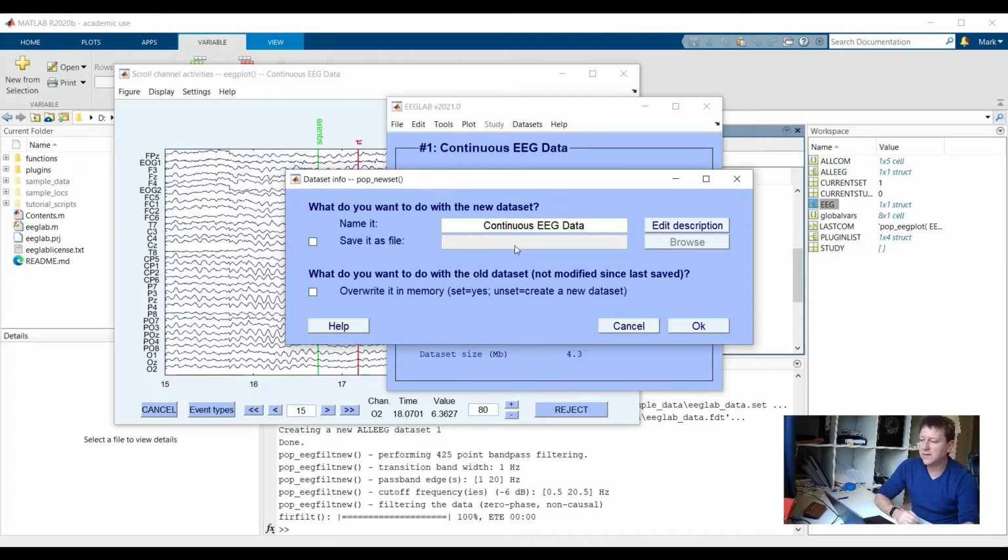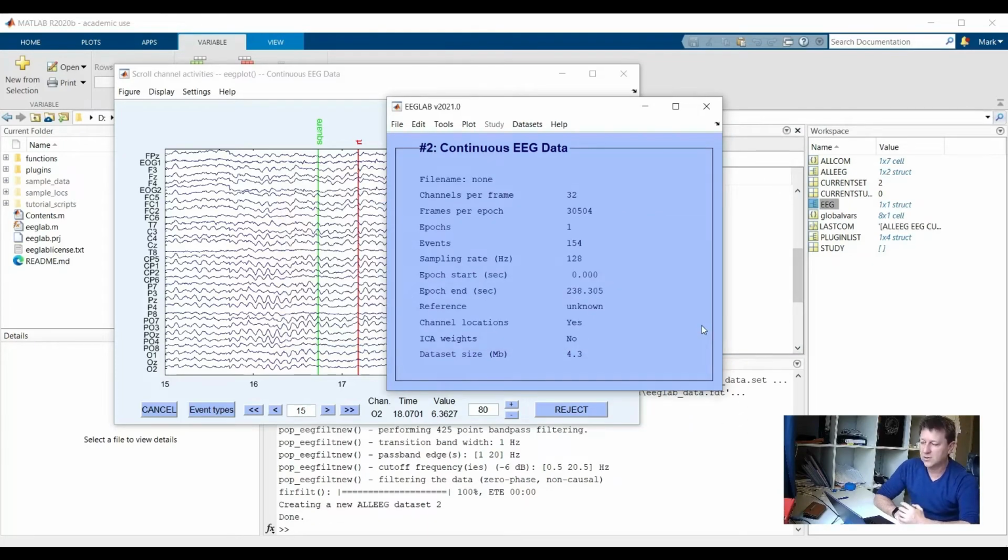You don't need to save it as a file, but you can. And what do you want to do with the old data set? Do you want to overwrite it in memory, or do you want to create a new data set? I want to create a new data set, so I will not mark this field. So after clicking OK, it will start filtering, and you can see that a #2 starts here,